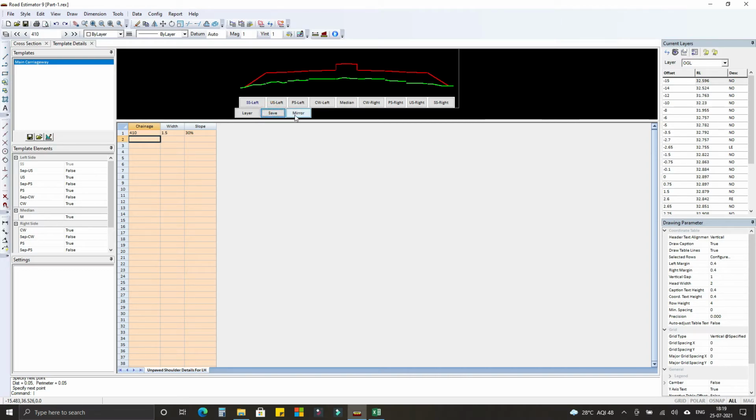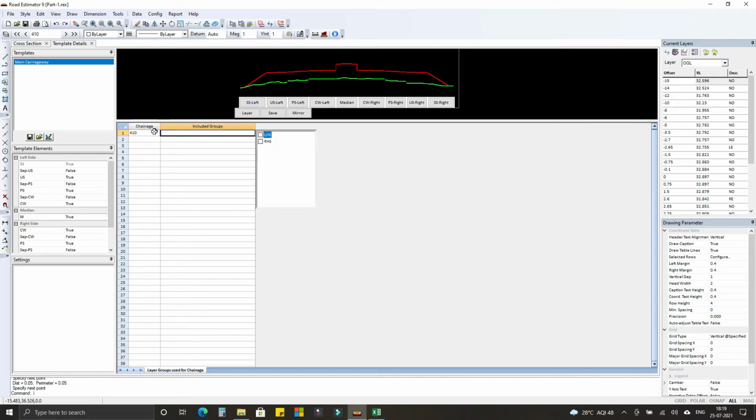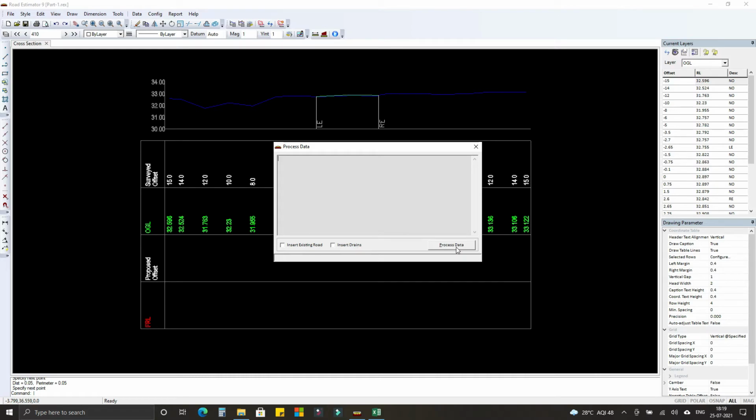Let's mirror side slopes too. This data will also be mirrored as we have the same slopes on both sides. Next, final step, layer. As we have designed two groups, select these groups, click here, and click save. Next, let's click process.